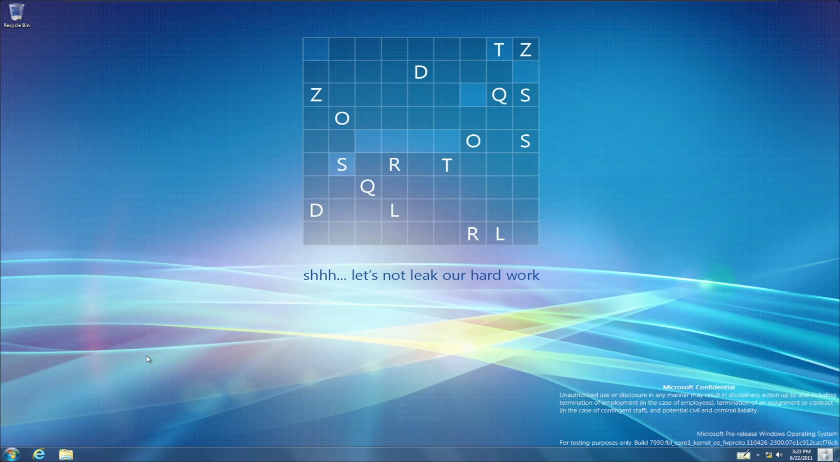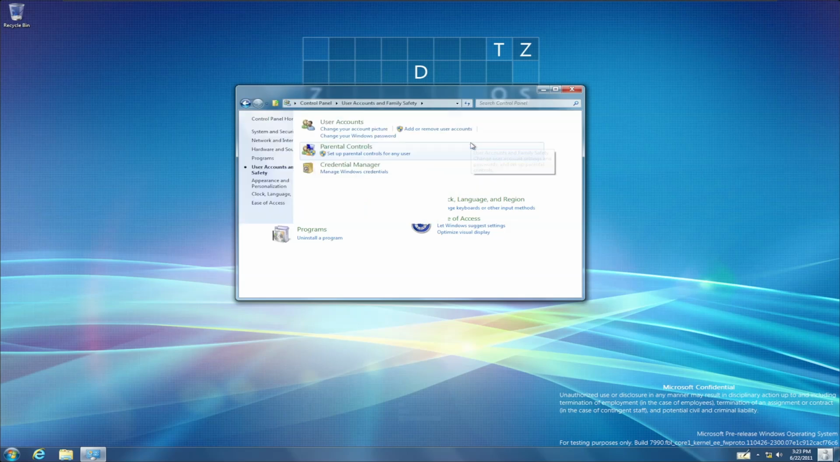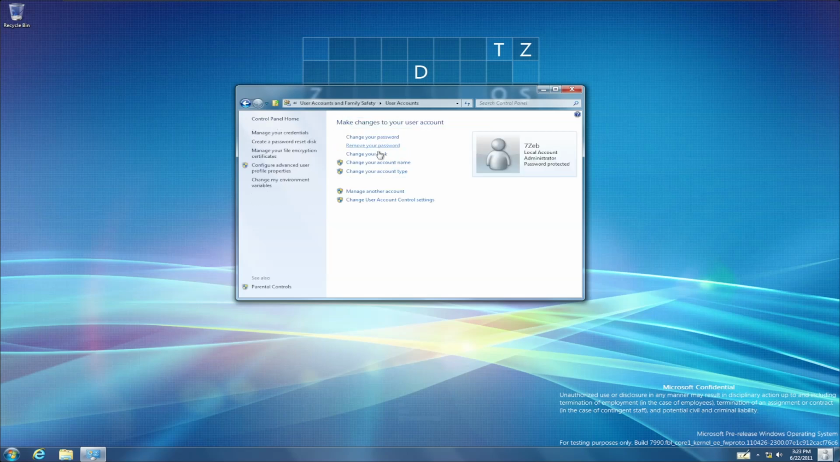Anyways, we can open up Control Panel to check out the lock screen. So let's go into the user accounts page where we can check out the pattern lock. Yes, pattern lock. We can also change account pictures and passwords and other stuff. As you can see, we can change your password, remove your password, change your look, or change your account